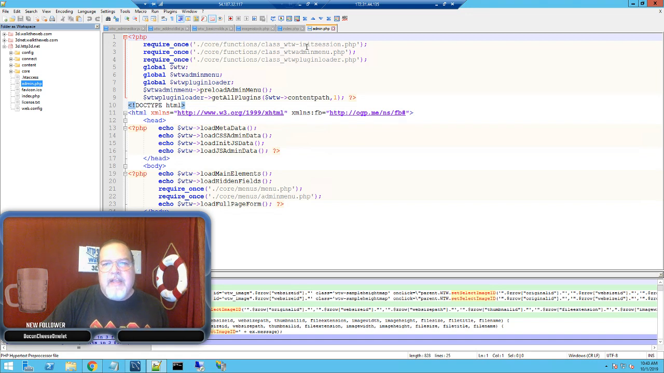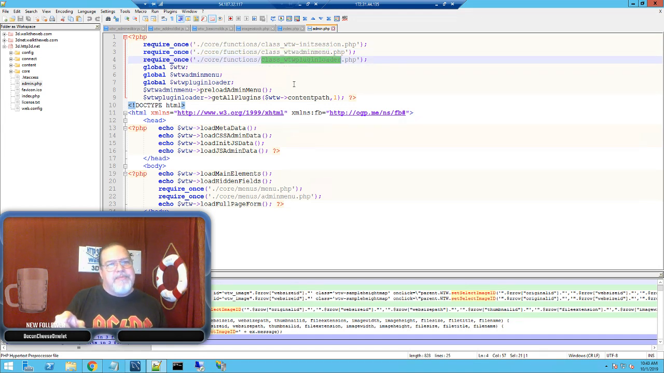We have the init session, WTW class, just like we did before, but now we have the admin menu. We also have a plugin loader. This is the new piece that I'm building, so when you do plugins,